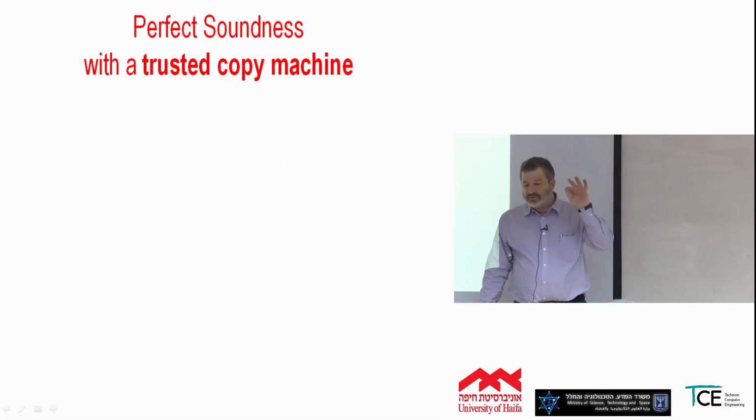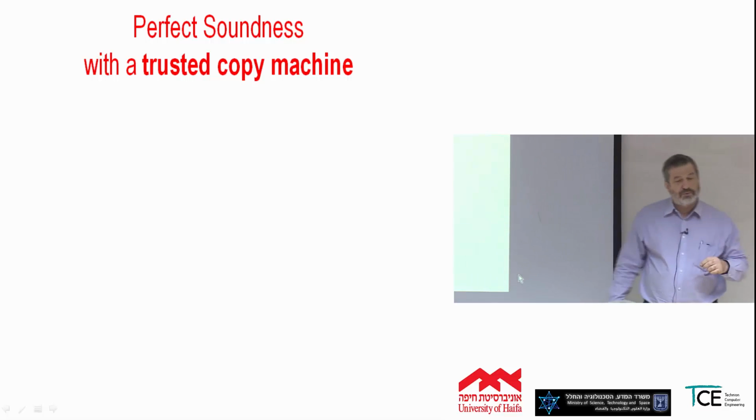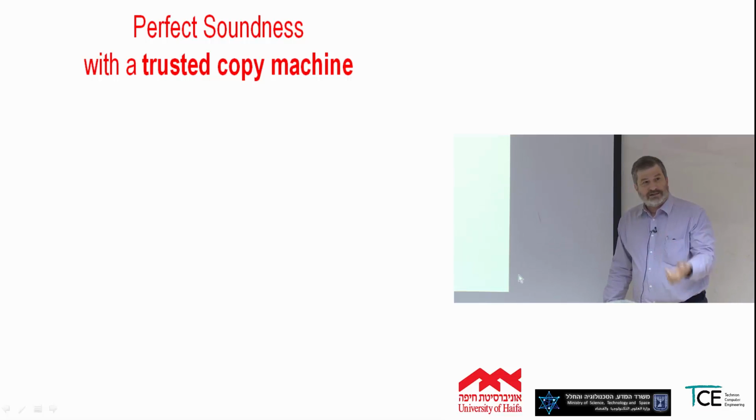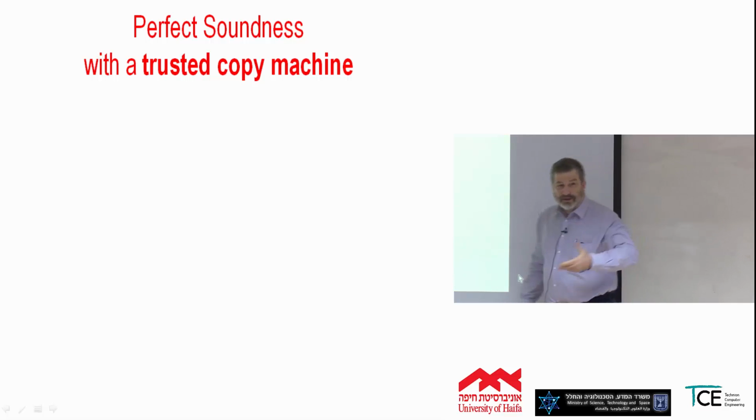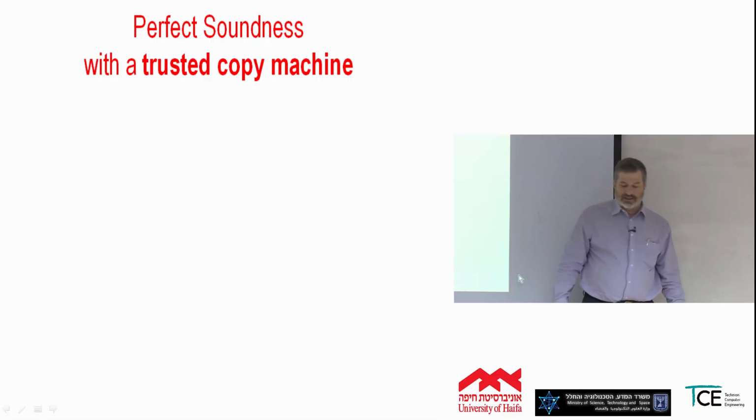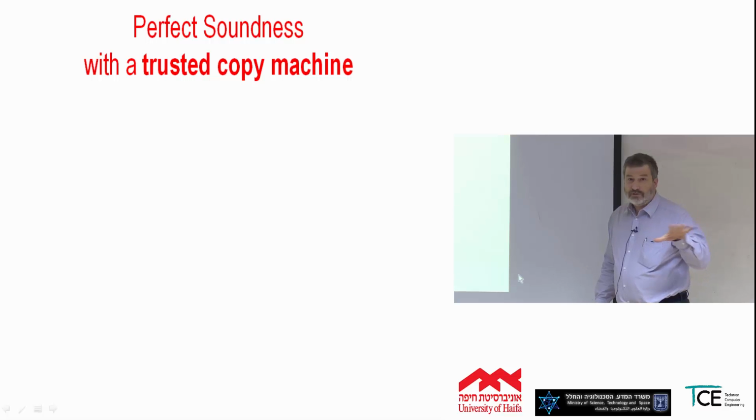If we have just one thing, if we have a trusted copy machine, so we need a machine that makes trusted copies. You put in a piece of paper and it produces 3 identical copies, or 2 identical copies we need. What we need is that it wouldn't invent something on its own. And we need also that it wouldn't store the copy. That is, it wouldn't store in its own memory what was the document that it was copying. So if we have such a machine, it's relatively little trust, not zero trust, but relatively little trust, then